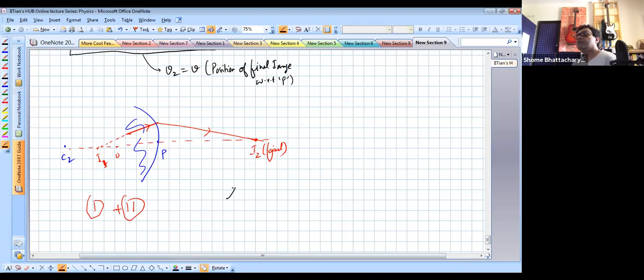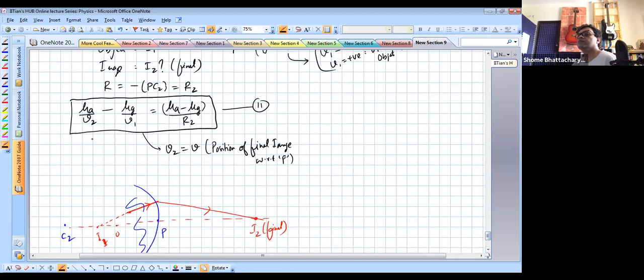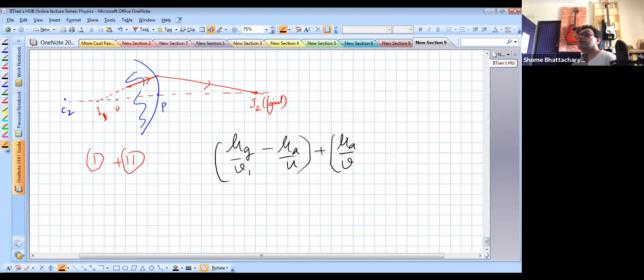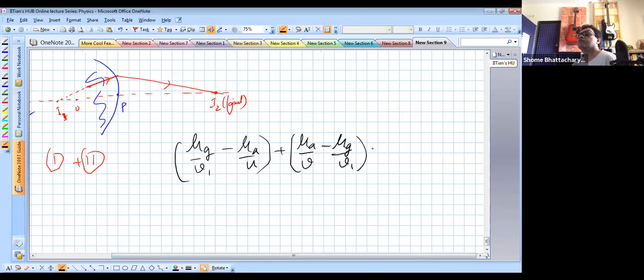You have refractive index of glass divided by V1 minus refractive index of air divided by U, plus from the second equation, refractive index of air divided by V2, which is basically V. So this V2 will be substituted as V, minus refractive index of glass divided by V1, is equal to, now on the other side,